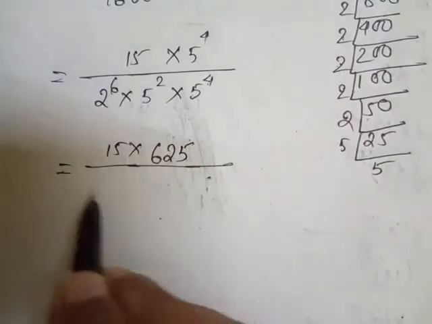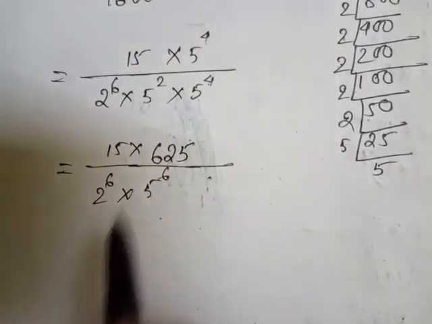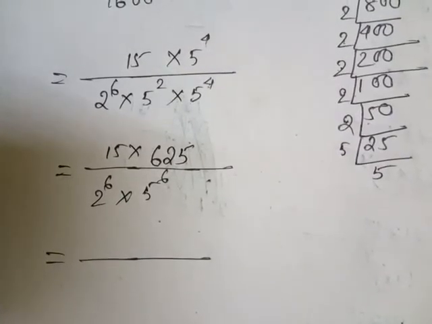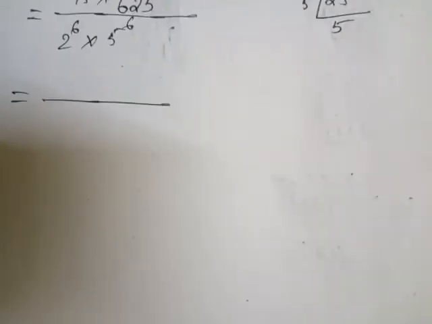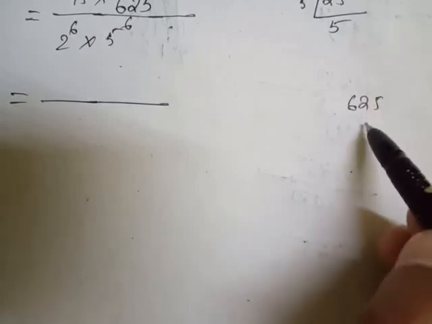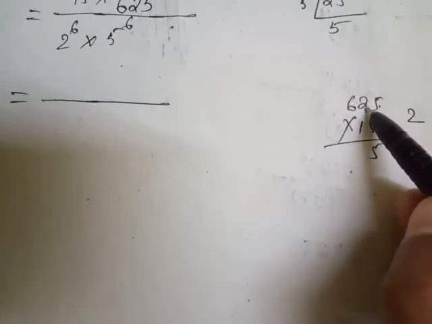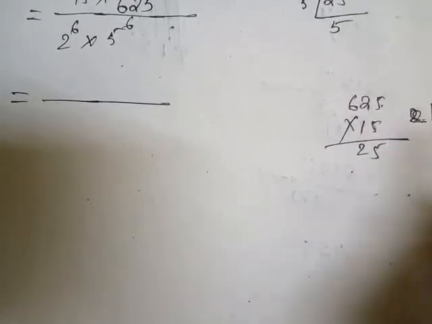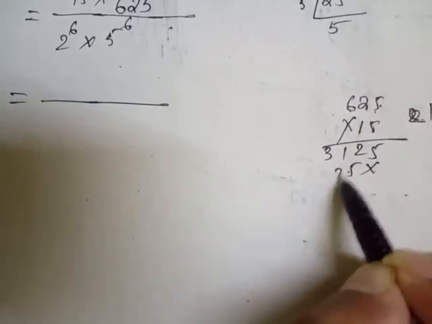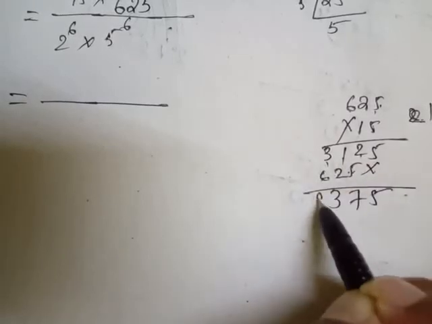Now next one is 2 to the power 6, and here base same power should be added, 5 to the power 6. Now look here, if I go for the multiplication of 625 and 15, what will happen here? Look, I am going to show you the demo here, means the rough work. 625 and 15. 5 into 5, 25, carry 2. 5 2 is the 10, plus 2, 12, carry 1. 5 6 is 30, plus 1, 31. 5 1 is 5, 2 1 is 2, 6 1 is 6. 5 5 plus 2 7, 2 plus 1 3, 6 plus 3 9.